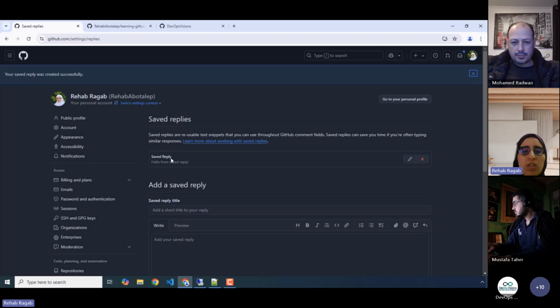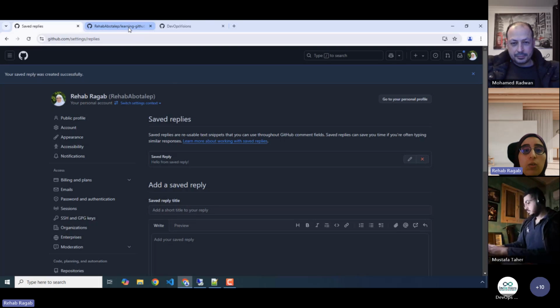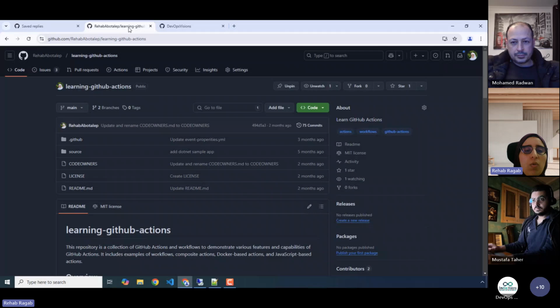Now we have one saved reply. You can edit and delete it, and since it's tied to your personal account, you can reuse it across all repositories under your personal account, or any repository in any organization that you are a member of.